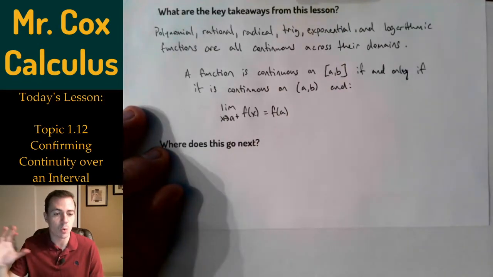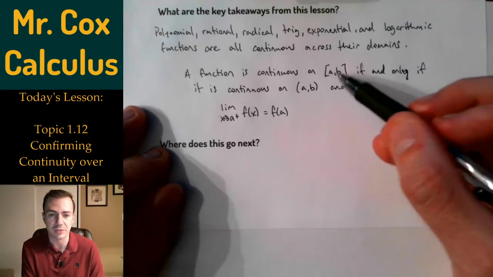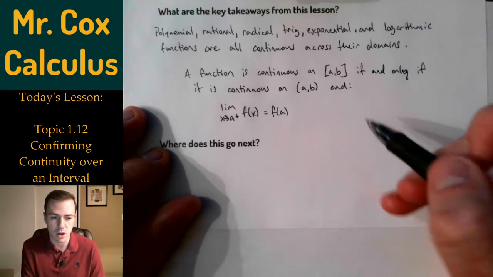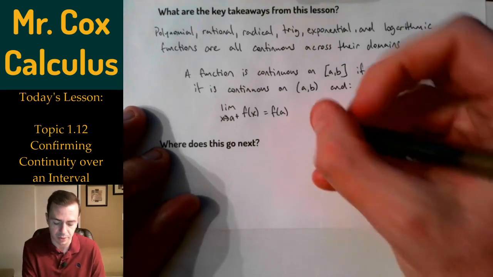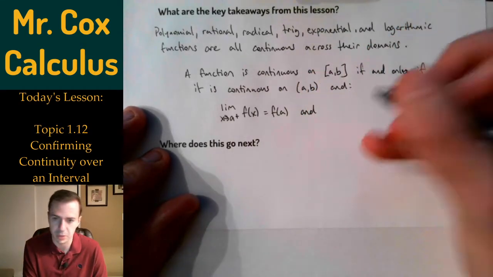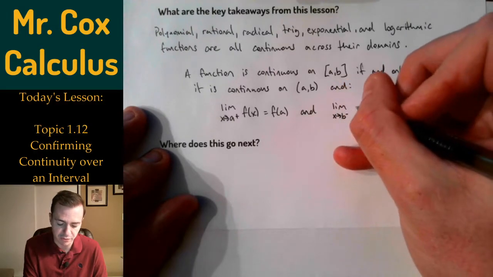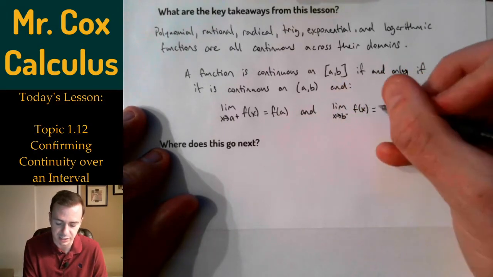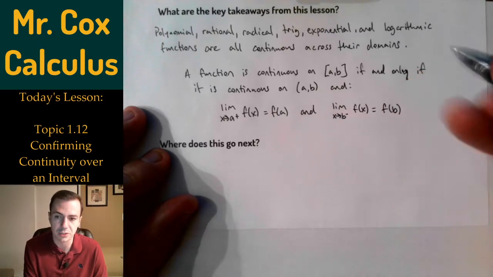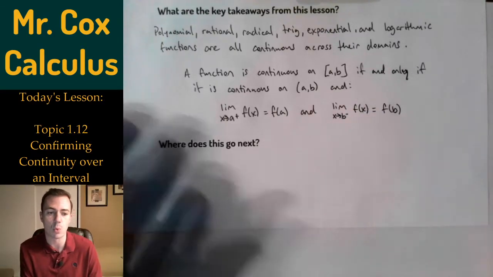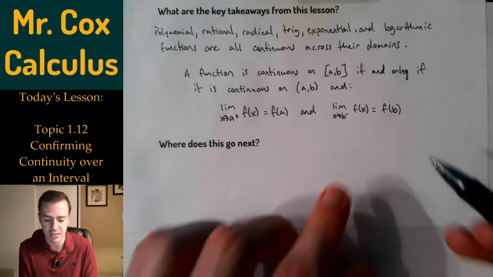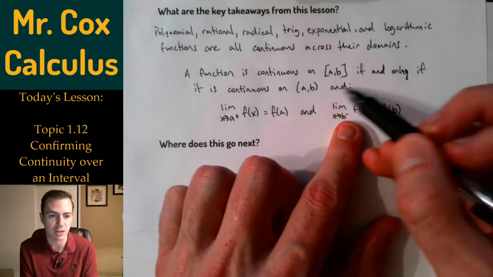We can actually not worry about what's happening to the left of our interval if we're not looking at what's happening to the left of it. And we apply the same logic to b. The limit as x approaches b from below of f of x is equal to f of b. So as I'm approaching my right endpoint from the left, if it matches the function value, I can close off